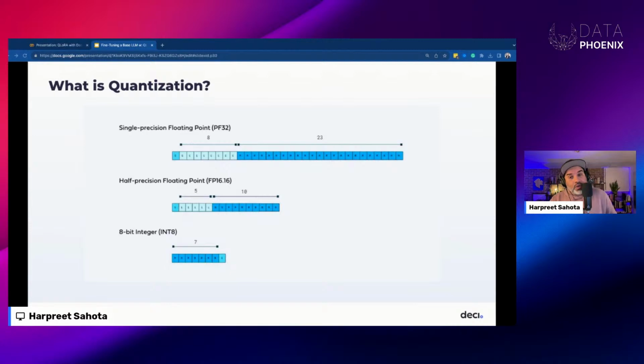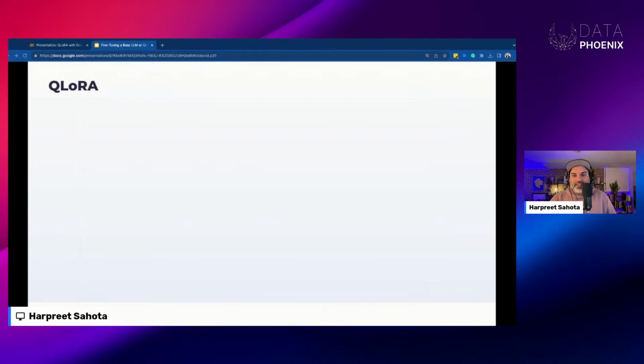In the case of QLoRA, though, it's going to be 4-bit precision, and it's done with a new data type called 4-bit normal float. By converting the weights of a model from high precision floating point representation to this lower representation, the model size, that's the model footprint, will reduce without sacrificing a ton of accuracy.